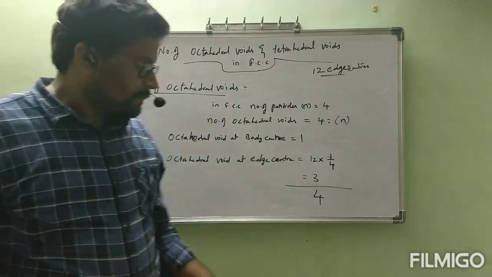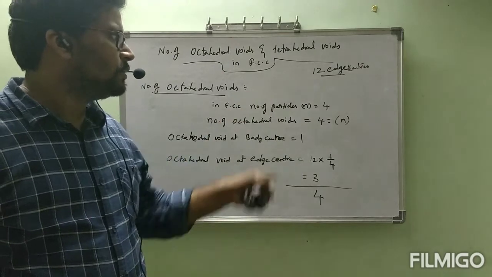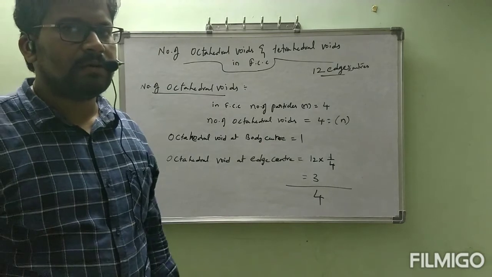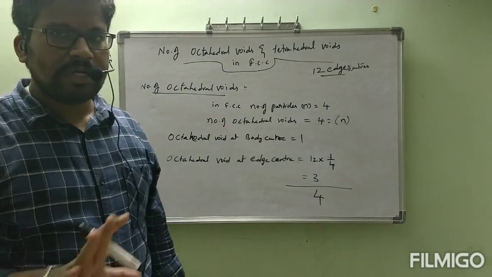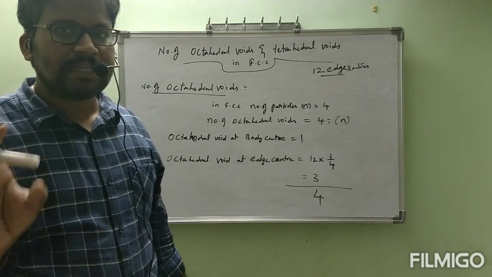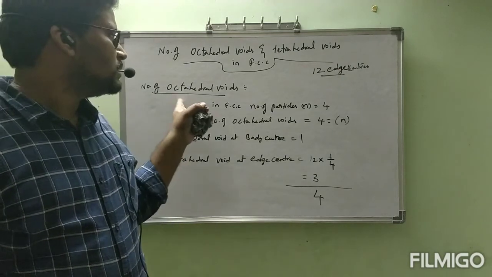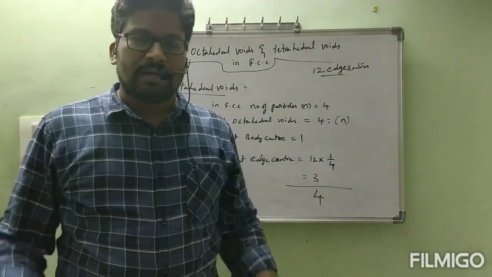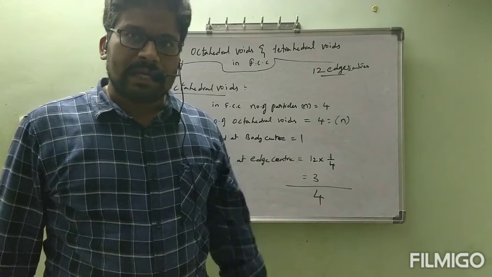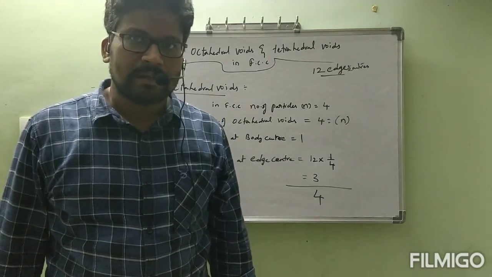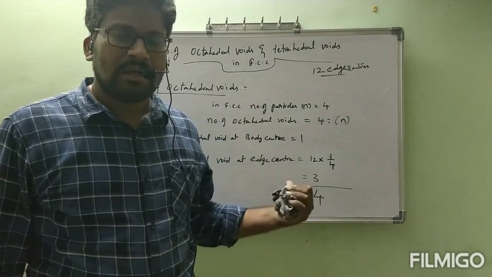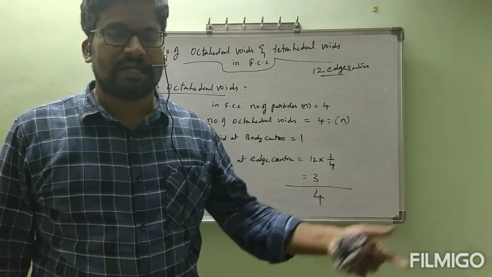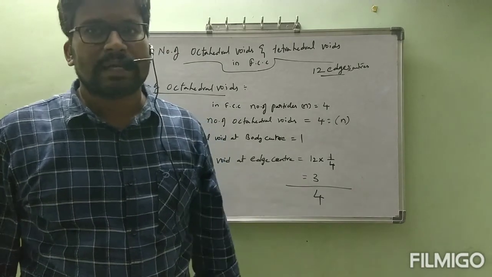Okay, ma? But today I tried somewhat to explain. I hope you are clear. Okay. But even if you have a little bit of doubt, no problem. No need to hesitate, you can inform immediately. I am ready to explain once again how to calculate this number of octahedral voids. Okay, ma? With this, today's class is okay. Now in the next class we will go according to your opinion. If you have not understood this, then I will go through the number of octahedral voids once again and then the tetrahedral voids. Otherwise we will go directly to tetrahedral voids.